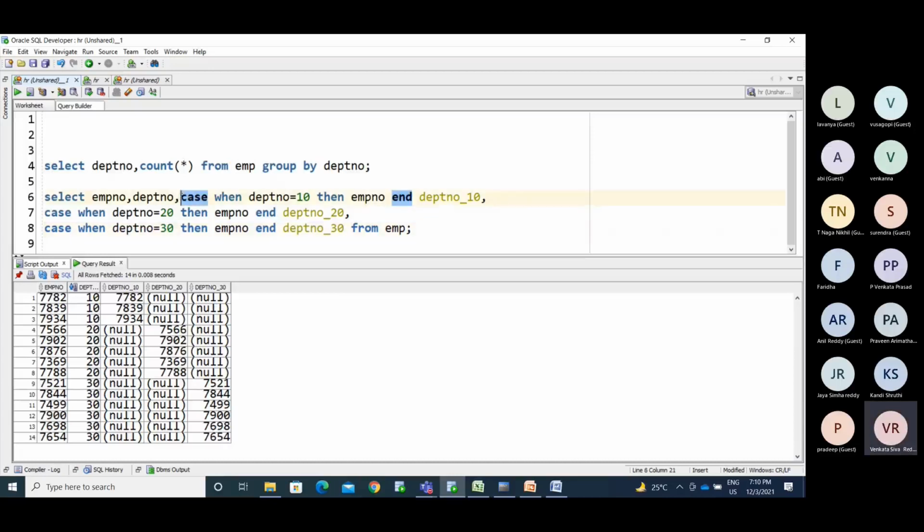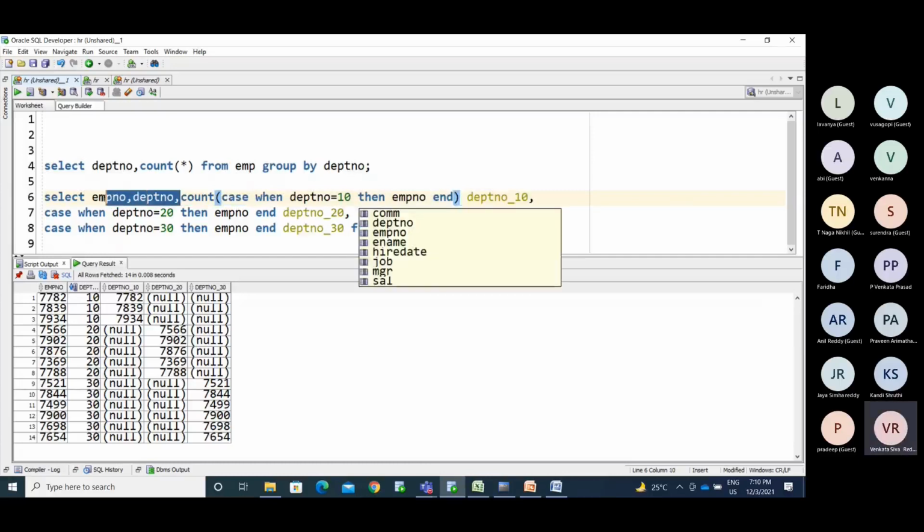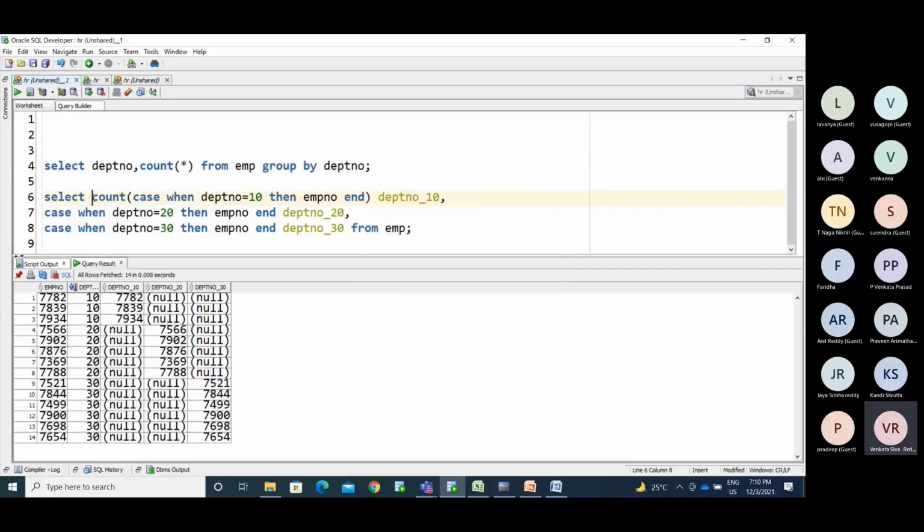So simply I'm using it directly like this, count of. We don't need to use anything else here. Simply use the count of.